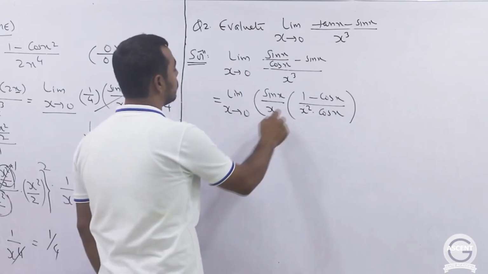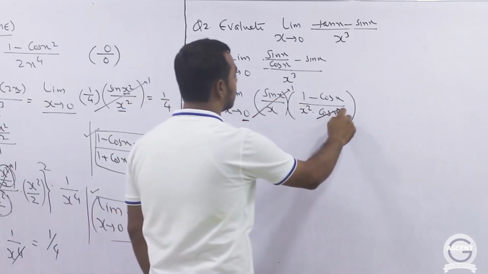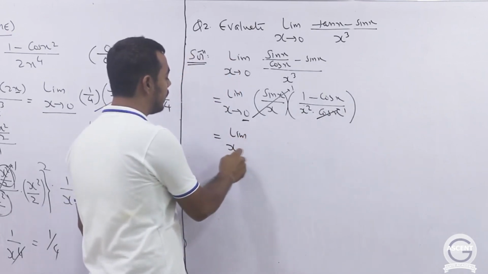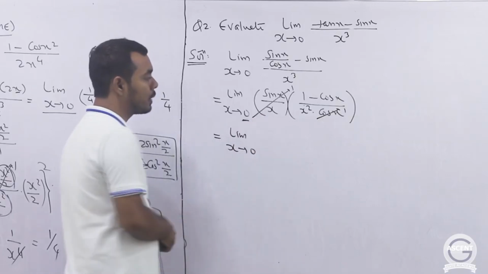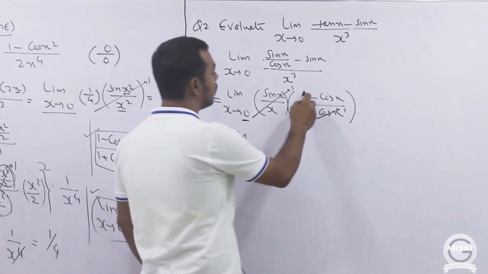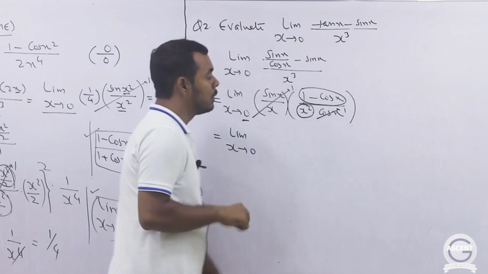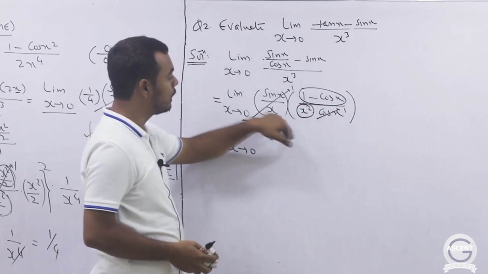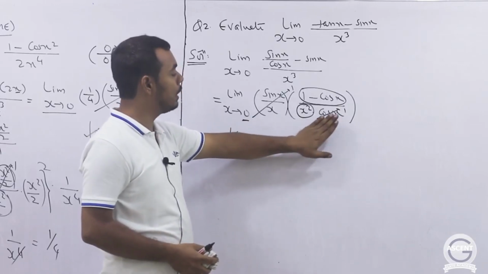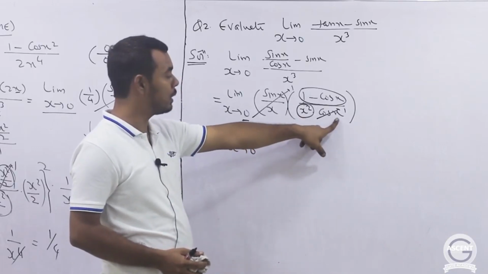Now when x is approaching 0, sin x by x will be 1. When x is approaching 0, this cos x is also 1. In case of limits, you can substitute the value of the limit as long as that is not contributing to an indeterminate form. Here we are getting the indeterminate form because of these two terms. 1 minus cos x becomes 0 and x square becomes 0. So these terms will be finite. Here you are getting 1 and cos 0 will be 1. So we are not getting an indeterminate form because of cos x, and therefore you can substitute the value x equals 0 here.